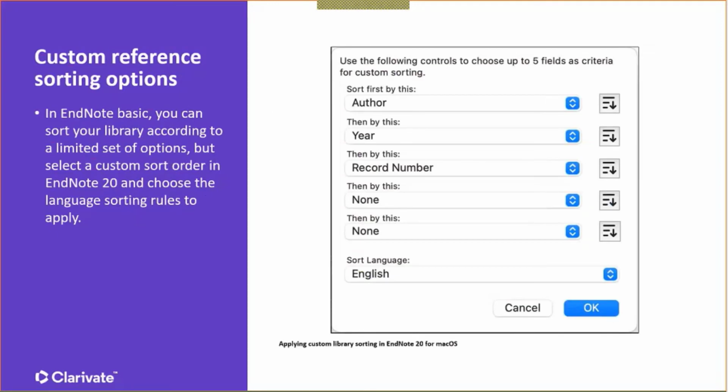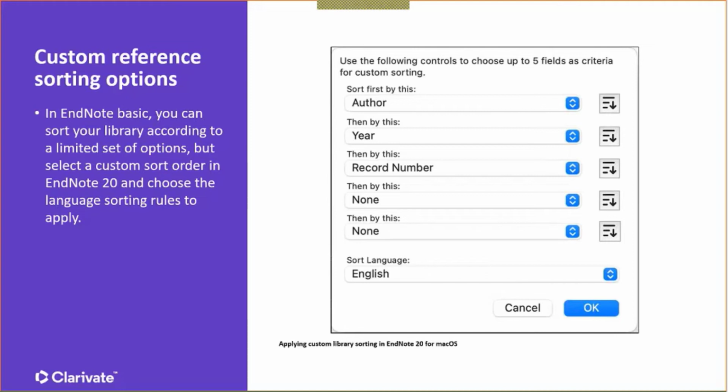You have the ability in EndNote 20 to change the sort order of your library contents. In EndNote Basic, there are some hard-coded options that you can resort by default. In EndNote Basic, your EndNote online library is going to sort by author information. There are other options, like I mentioned, where you can sort by title, you can sort by date added, let's say, but you can really get down to a granular level in EndNote 20 where, let's say maybe you have